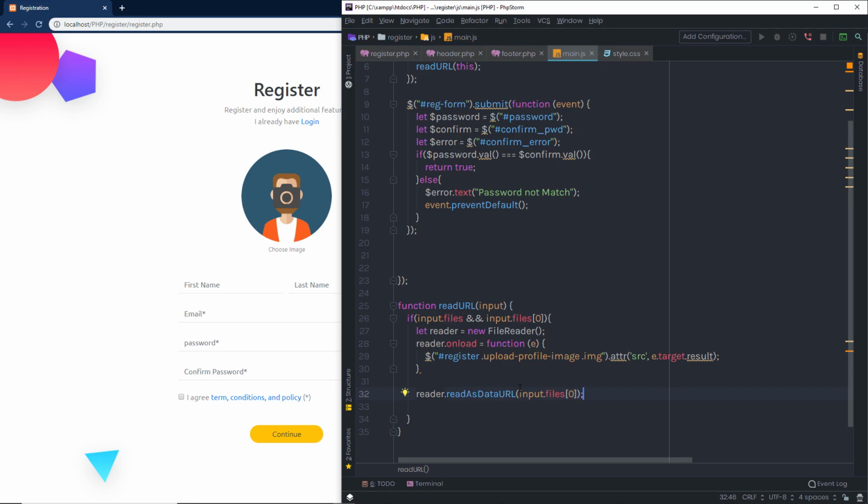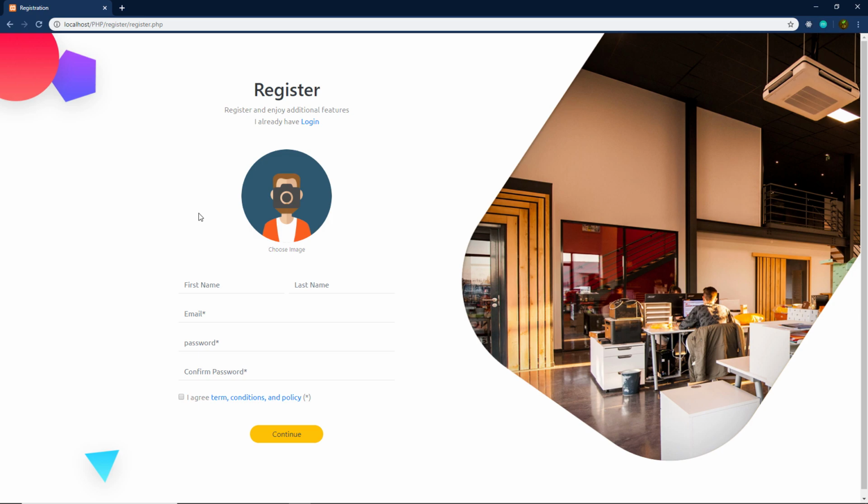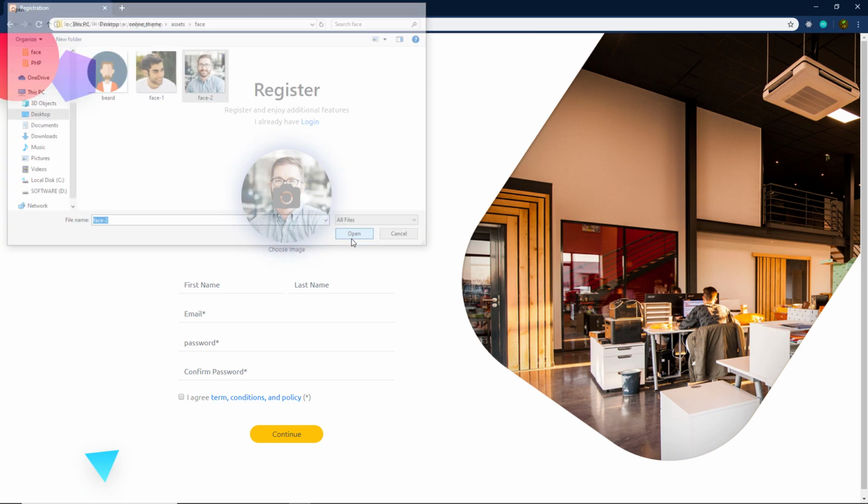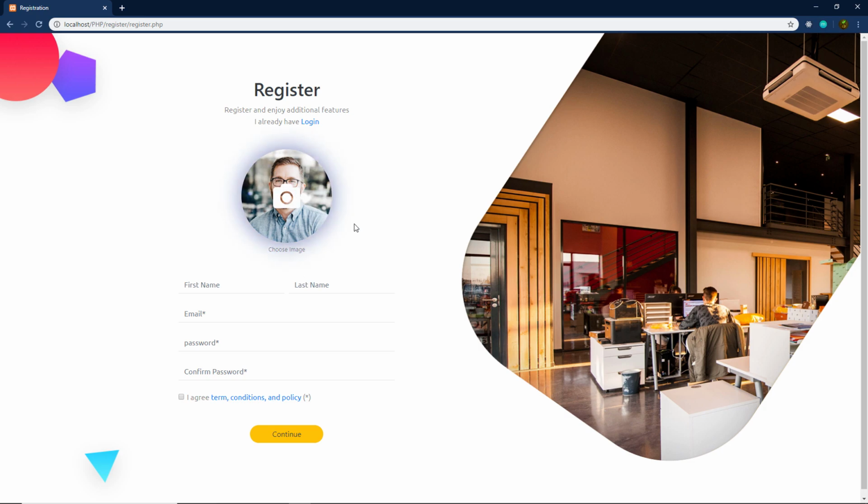So this will just specify that file to this file reader object. Save the changes, reload the browser, and now when I specify this file, this will just successfully change this profile